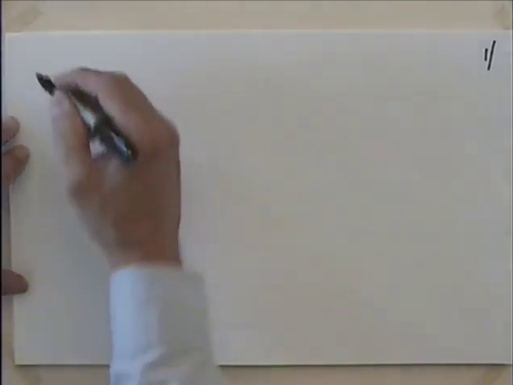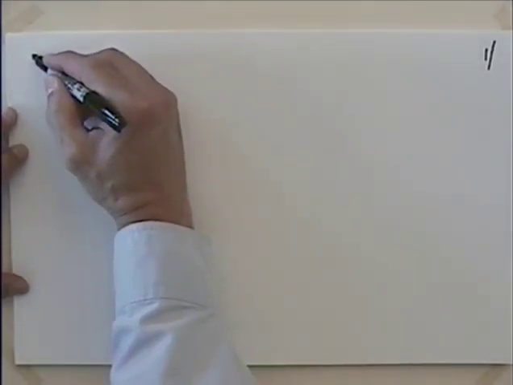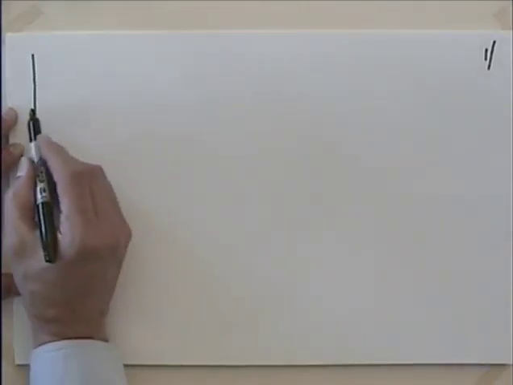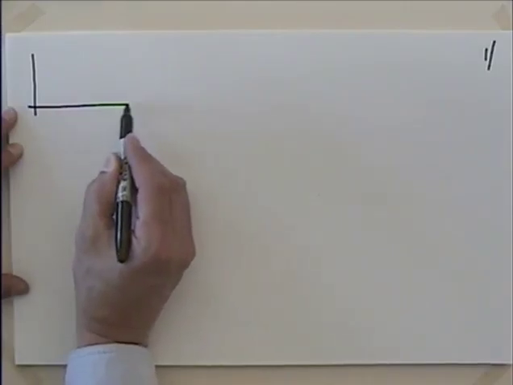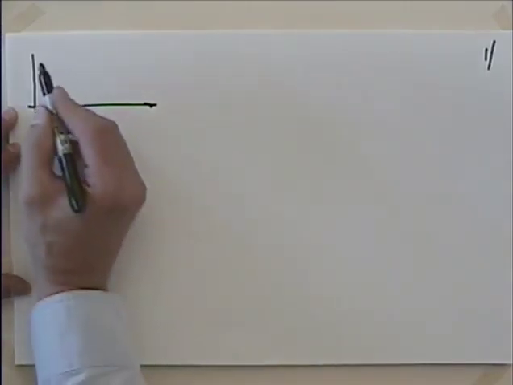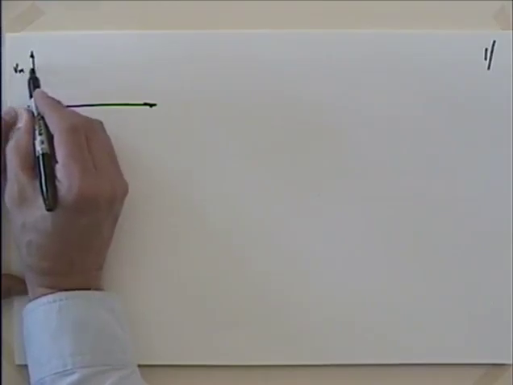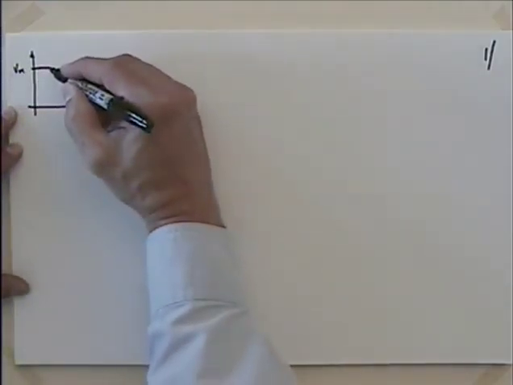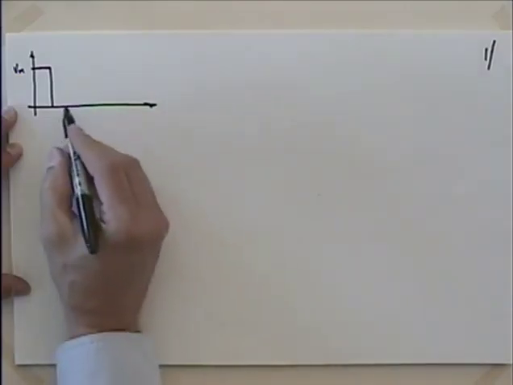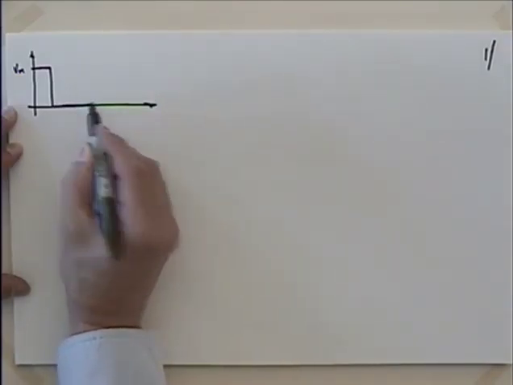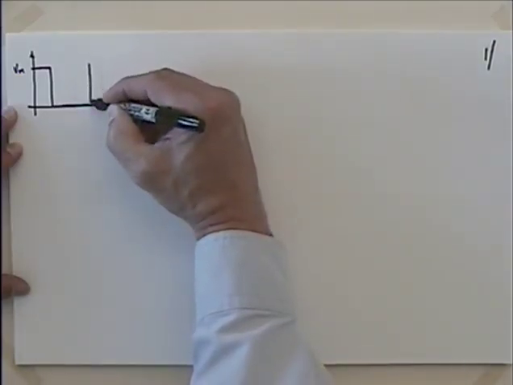So I wanted to come back and look at another wave and do a Fourier analysis on it. This time it's going to be a duty cycle or pulse width modulation, however you want to describe that. But let's say that we have a wave, and we'll say that we have some VM here, and it's going to then drop down at the quarter point and be off for 3/4, and then back up,